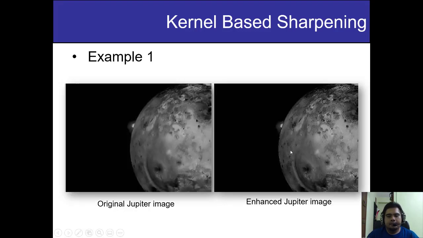And then this is some of the example of what happened when you apply the sharpening filtering process. Of course, the enhanced image is more sharpened there. You can refer to your slide, because if you refer to this video, you might not be able to see the difference there. But if you refer to your slide, you can see that there are details there, especially in this part, which is more obvious. The lines, the borders, or the texture there is more obvious as compared to